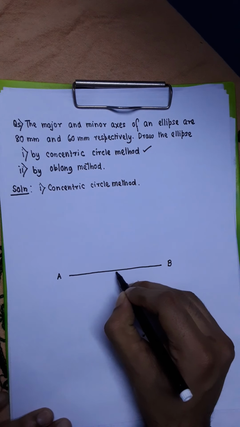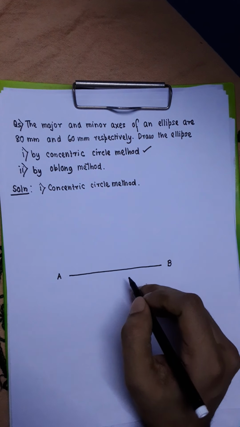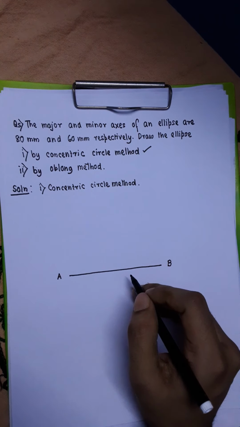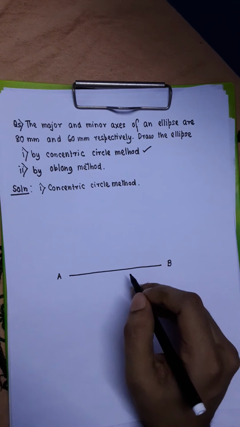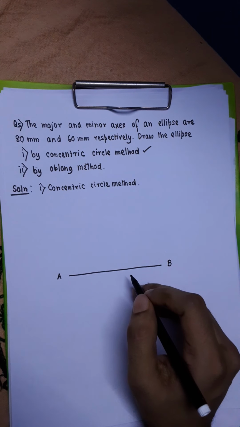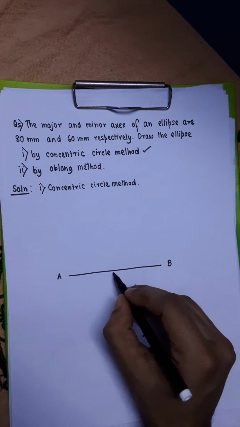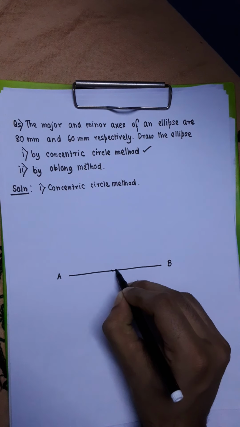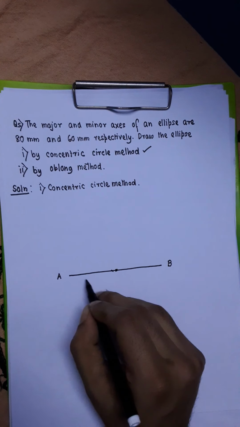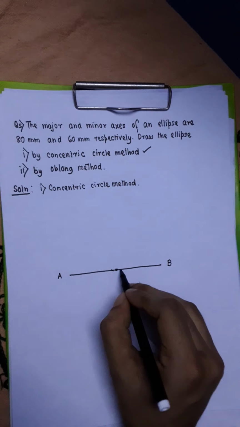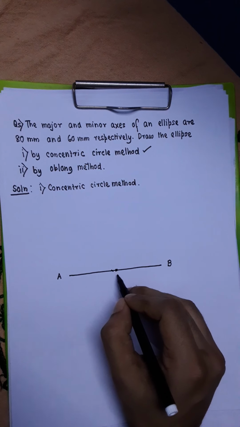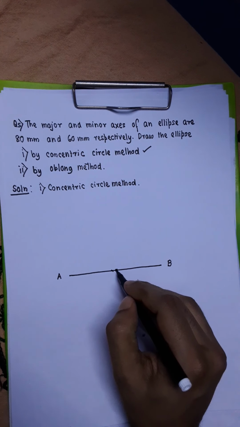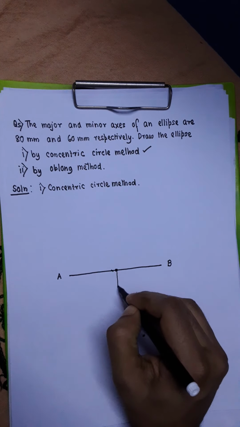Then you draw the minor axis. How do you draw the minor axis? While drawing the minor axis, you have to keep two things in mind. The minor axis should be perpendicular to the major axis, and it should pass through the midpoint of the major axis in such a way that the major axis and the minor axis will bisect each other. So first you find out the midpoint of the major axis. So take any point here which is 40 millimeter from any one of the two ends, because the total length is 80 millimeter. And then you draw half of the minor axis on this side.